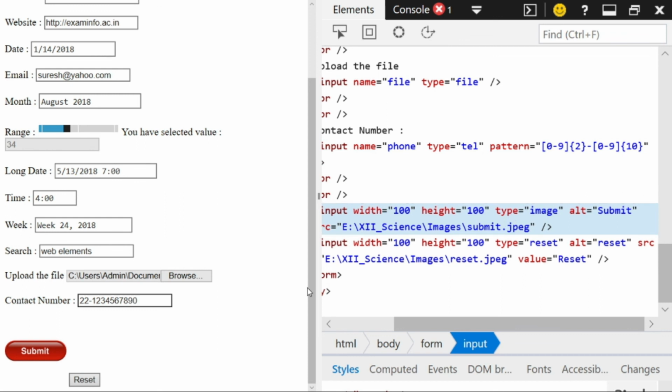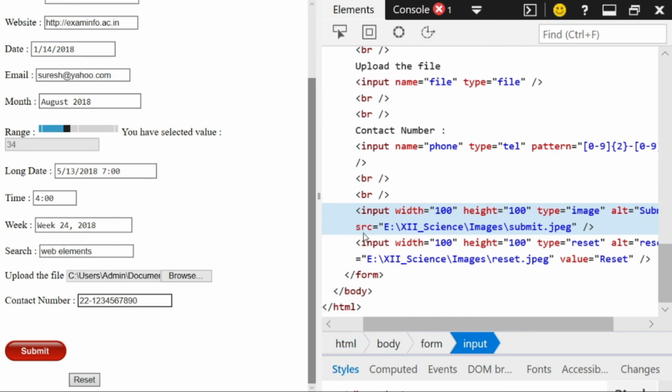So now I can use an image in place of the submit button, and that looks more attractive and fancy. And this can be done by giving the path in the src attribute. I have to specify the path in the src attribute, and also I can vary its size by varying the width and height of that image.